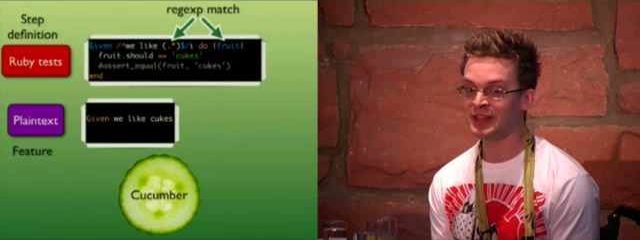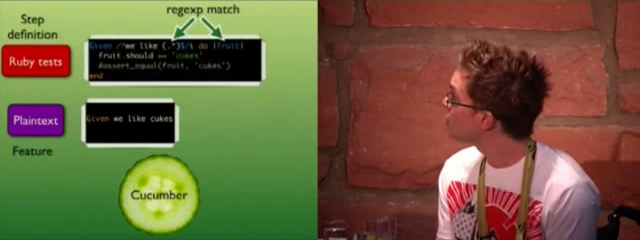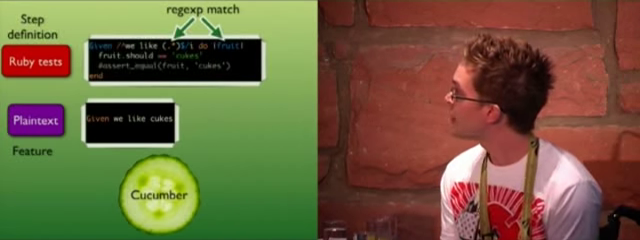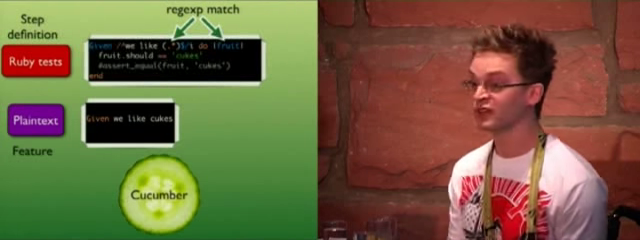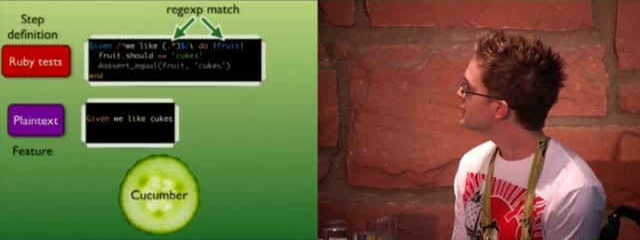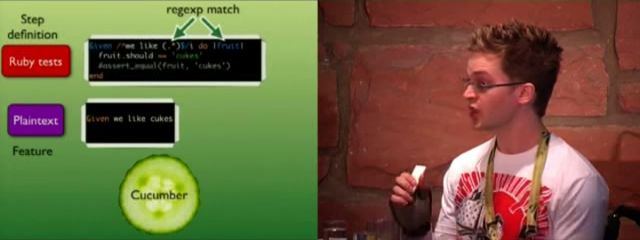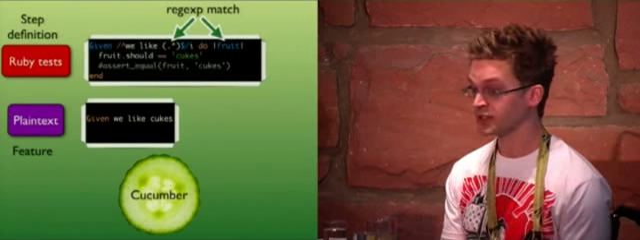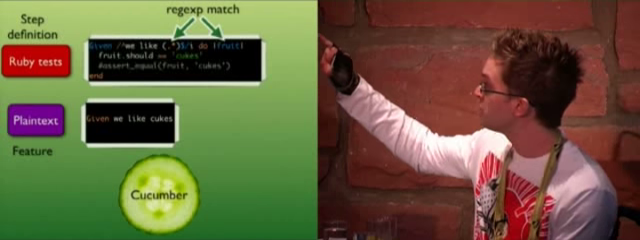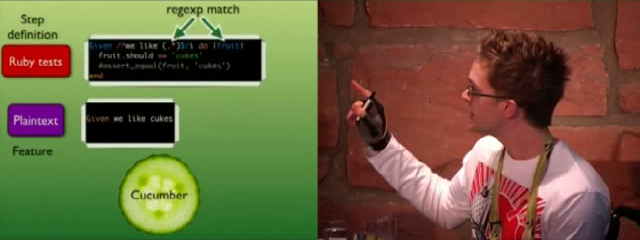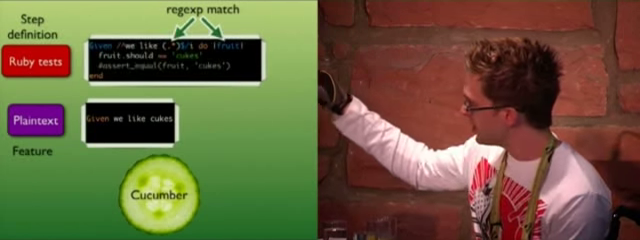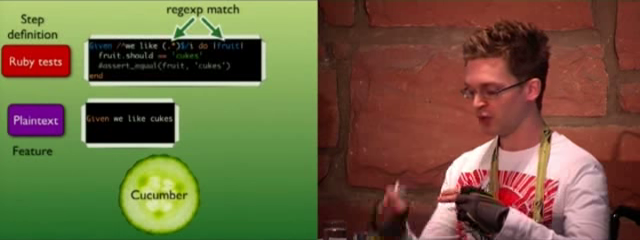Okay, so how actually do we get these to run? Well, this is where Ruby comes into play. Now, if we take the example, we've got a plain text line which just says, given we like cukes. So there's this given function, a when function, and a then function. So you can see the first thing is the example of a given, and we have a regular expression as an argument. What Cucumber does is when it runs that plain text line, it will then scan through all your